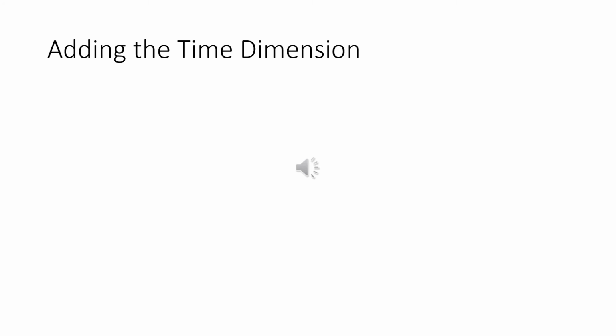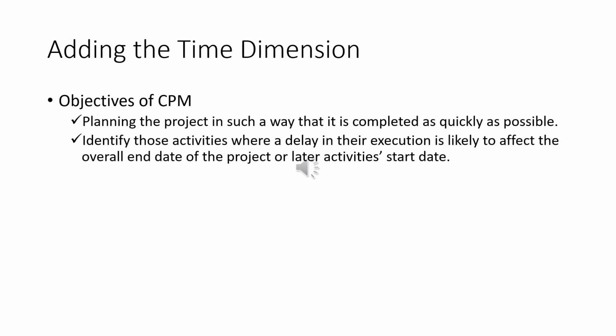The critical path method is concerned with two primary objectives. Planning the project in such a way that it is completed as quickly as possible